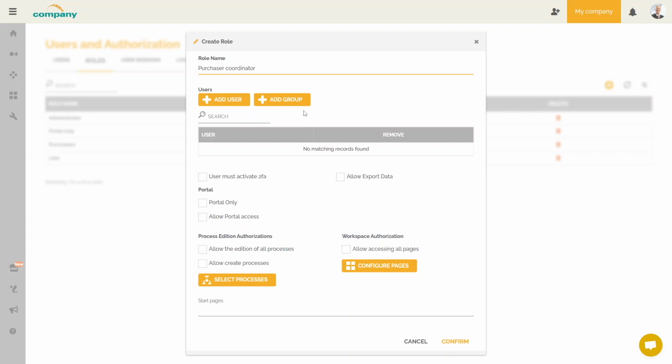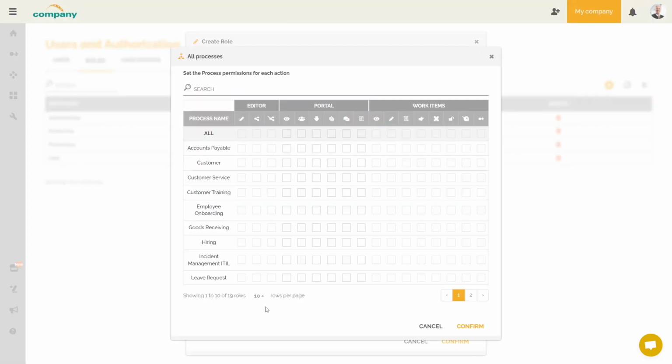We provide access only to the portal. We are going to click on Select Processes. Do we have to select options to view, download process documentation and attachments of relevant processes? No, the objective is to create a complementary role which gives the possibility of writing comments for the 3 processes concerned.